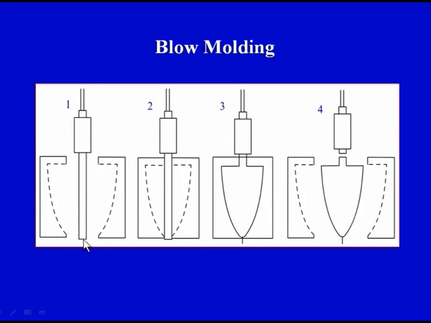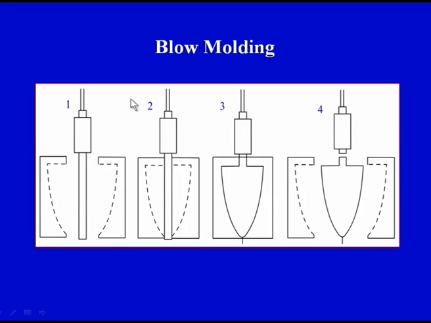This is the parison or the heated plastic raw material. You can see the arrow is indicating the raw material. It would be available in this particular form. It can be made by injection molding process which we have already covered. Then these are the 2 parts of the mold, part number 1 and this is the second half of the mold, and this is the inlet for the air from where the air would be coming in and filling this raw material or heated plastic material. So mold is there, heated plastic raw material is there and an inlet for air is there.